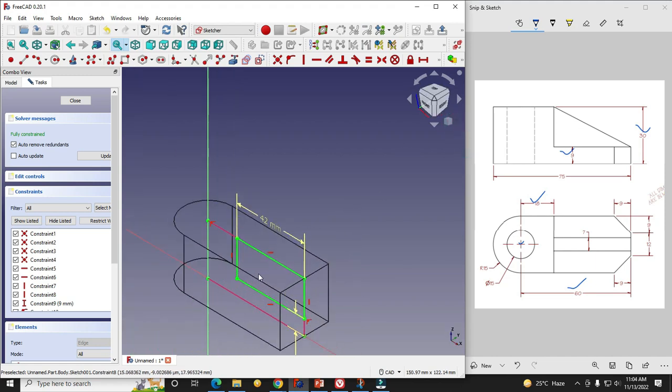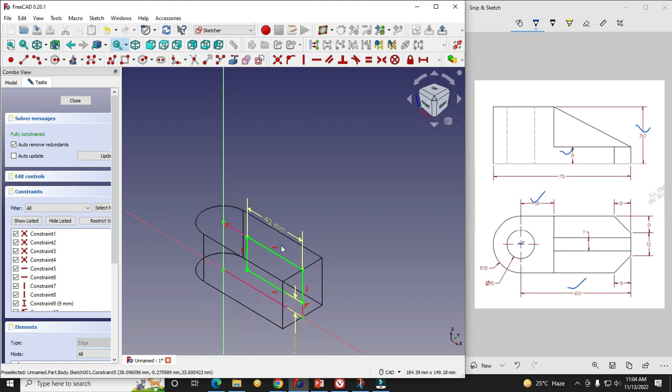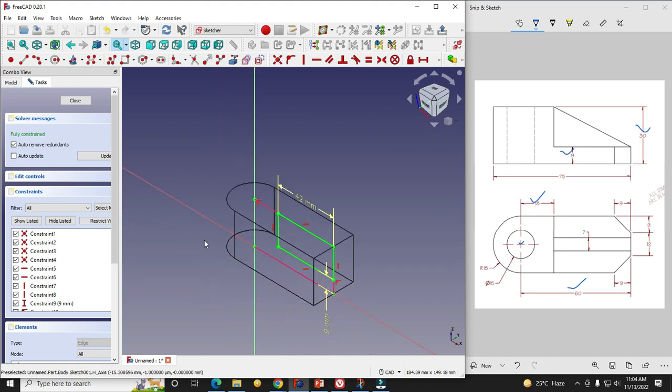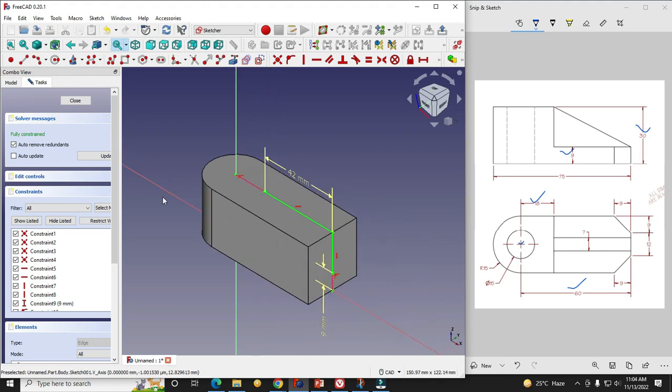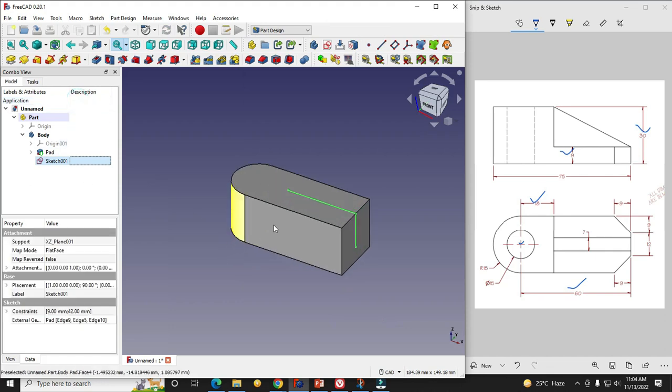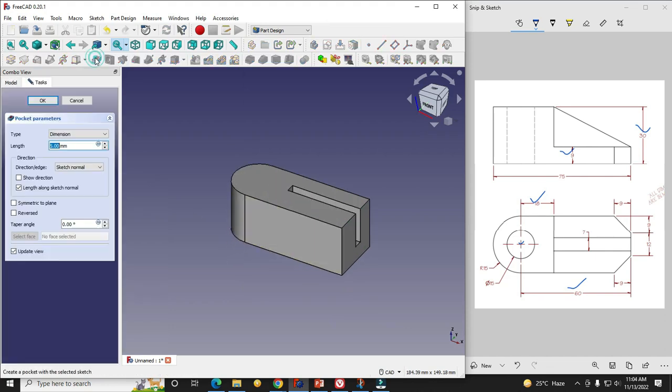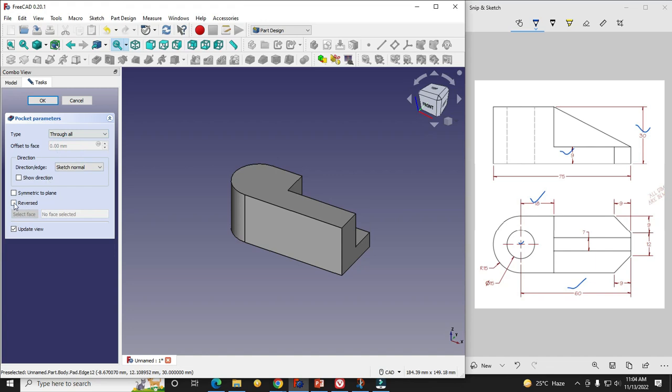I will switch to the isometric view, and I will change my visibility to flat lines. Now I will close it and I will directly remove the material through all, and here I will select